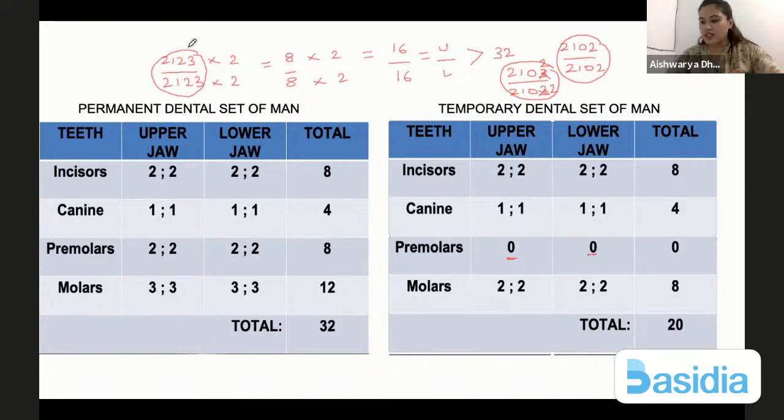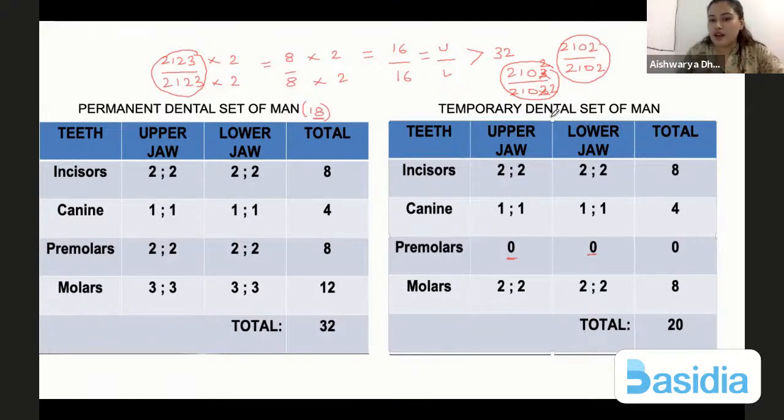Now, simply if a question comes that a doctor investigated, I do have questions like that. It is given in NCERT also. Let's say there is a temporary set of teeth in a child, or a doctor has investigated someone's teeth, right? And you see that the child is about 10 years old. Usually we take permanent teeth above 18 years. Just remember that. Even if the wisdom tooth has not come, wisdom tooth usually comes after the age of 24 or 25. But above 18, we will take the permanent dental set of teeth.